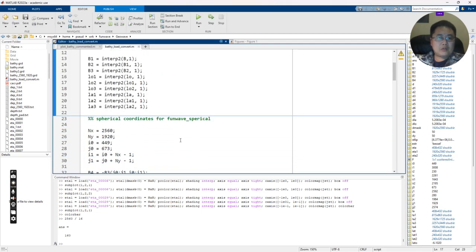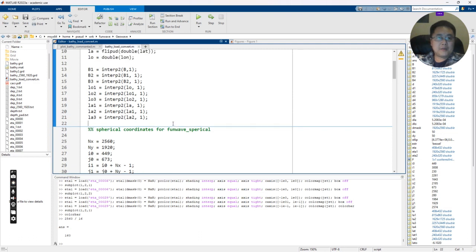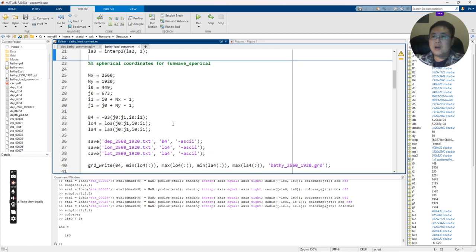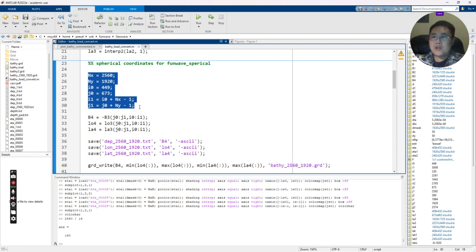And then what I have to do is create 2 sets of output files for my MATLAB script. The first set of output files is going to be read by funwave-tvd. Funwave-tvd is going to require text or ASCII outputs, right? So here I'm restricting my simulation area for funwave to this particular small region. I0 and I1 are going to be the starting and ending index for my refined